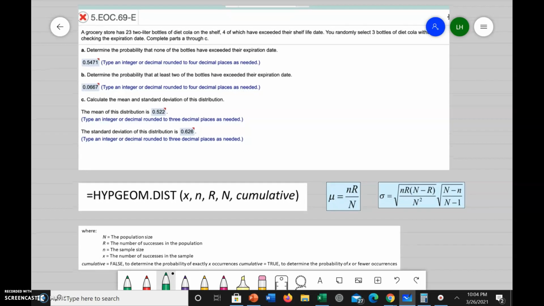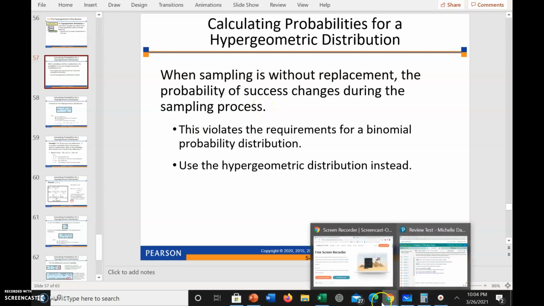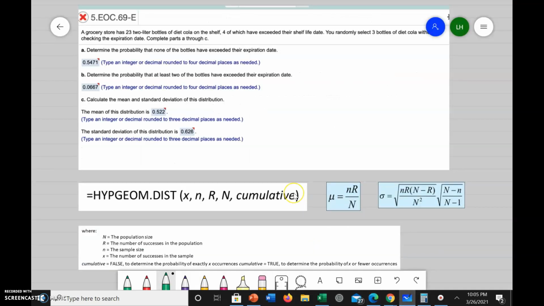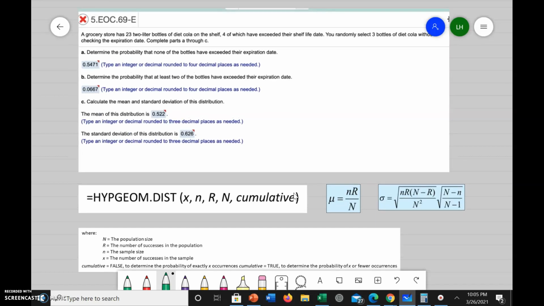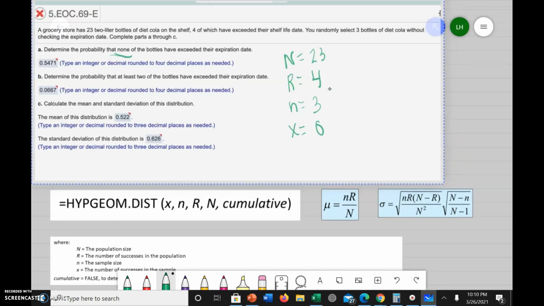So here we are going to do the hypergeometric distribution because we are selecting without replacement. We're selecting 3. We're not putting them back. So this will be a hypergeometric distribution. So what we need to do is figure out N, the population. Okay, so N is going to be your population